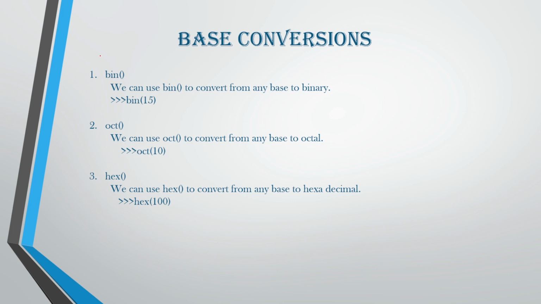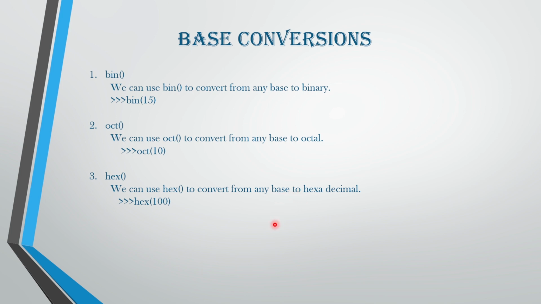So you have bin of 15, and this is going to convert it into binary digit. Next you have oct. We can use the oct function to convert from any base to octal. Hex, we can use hex to convert from any base to hexadecimal. So let us see these three base conversions in